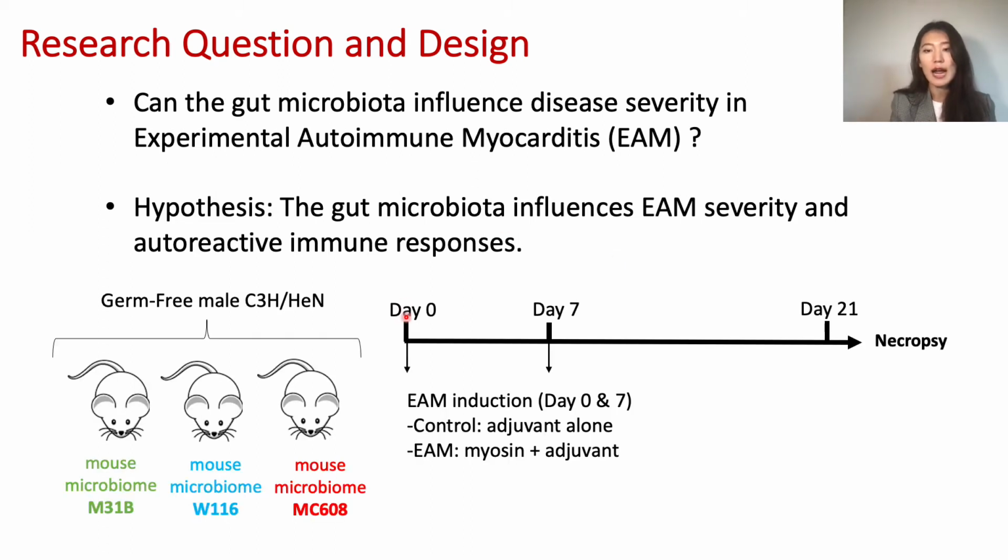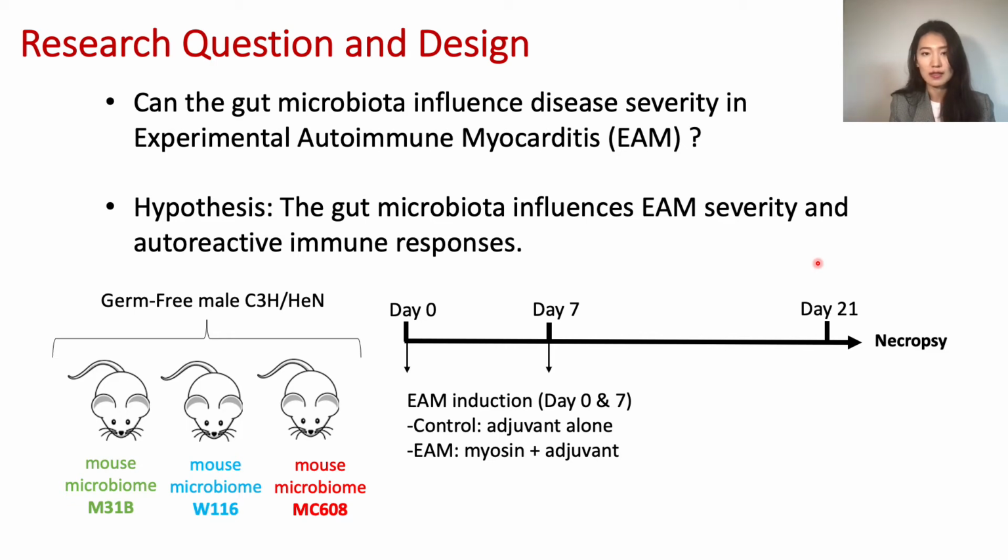To test our hypothesis, we selected three distinct mouse microbiomes, M31B, W116, and MC608, to colonize germ-free C3H mice. After 2 weeks, on day 0 and day 7, EAM was induced by injecting myosin plus adjuvant into half of the mice. The other half of the mice received adjuvant alone as control treatment. Then 2 weeks after the day 7 treatment, all mice were necropsied and samples were obtained to assess heart pathology and